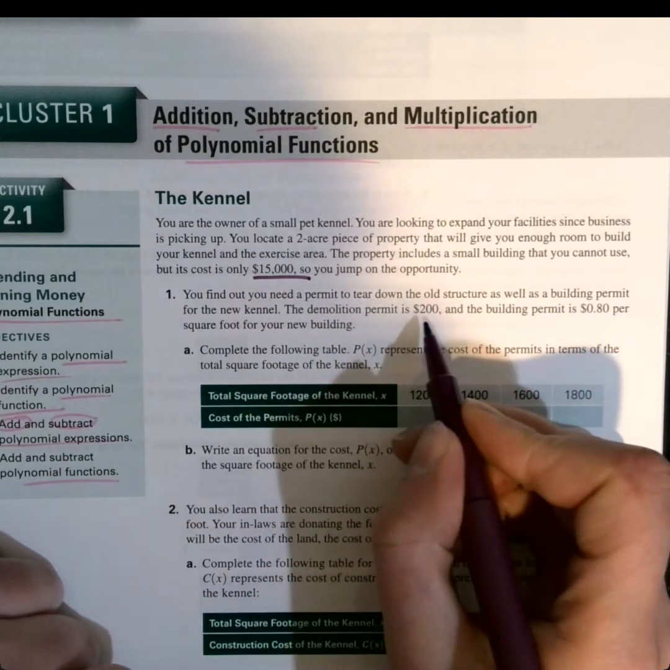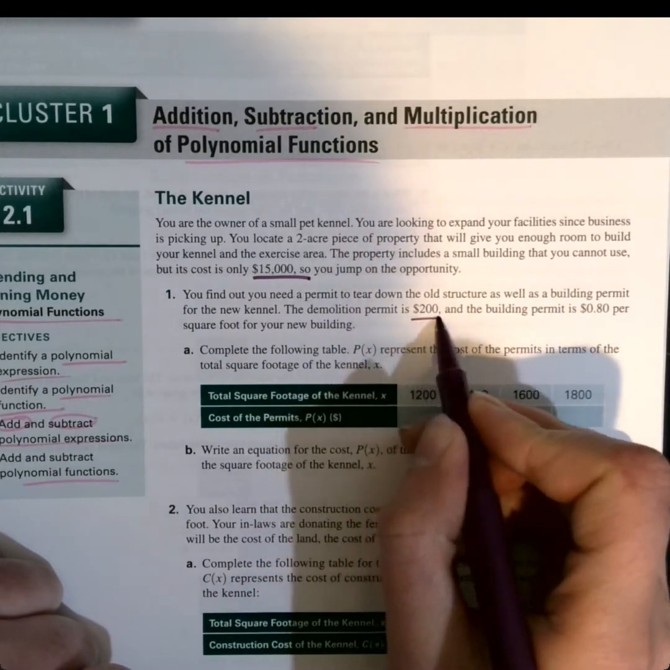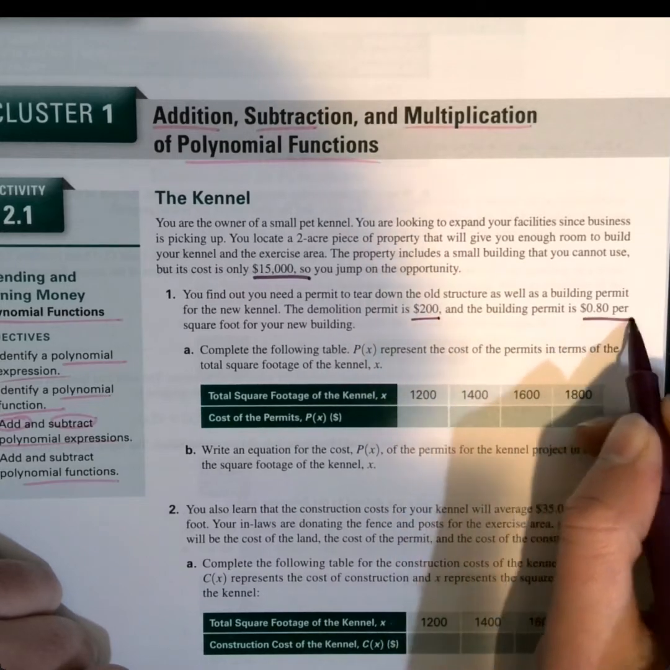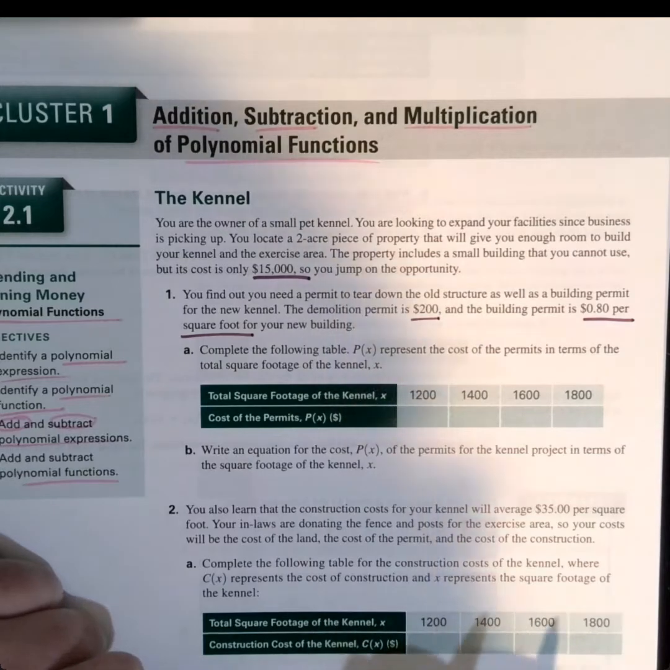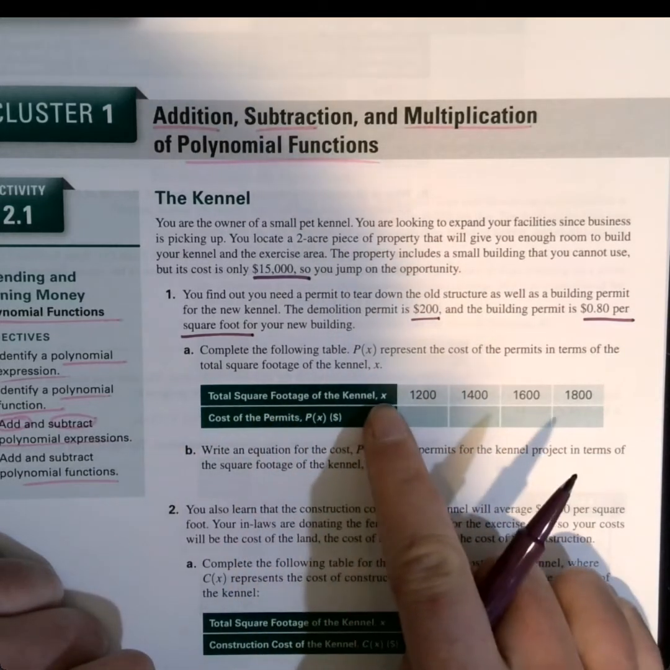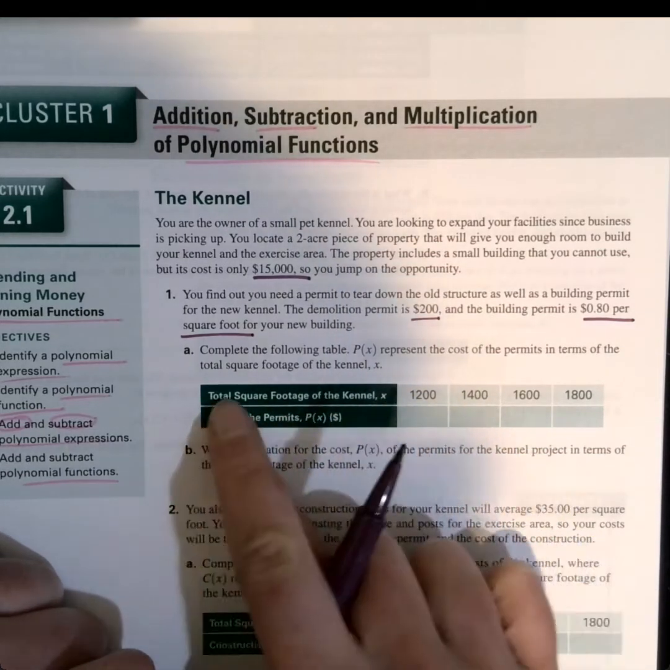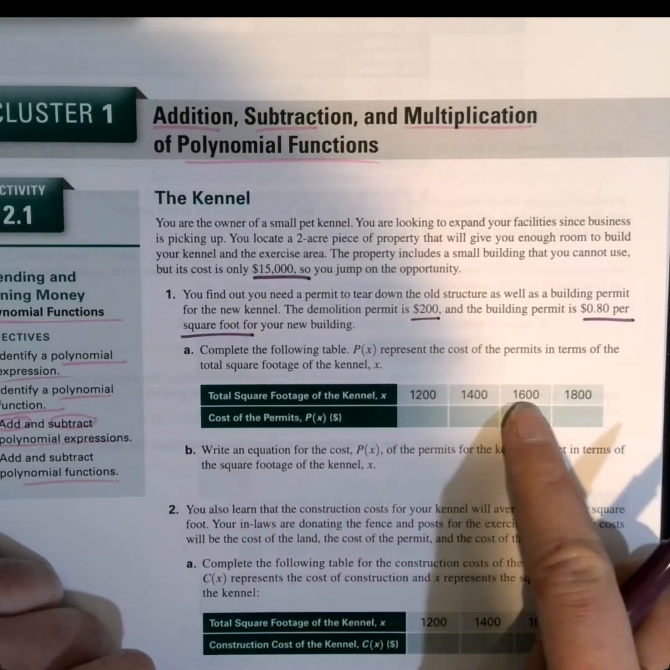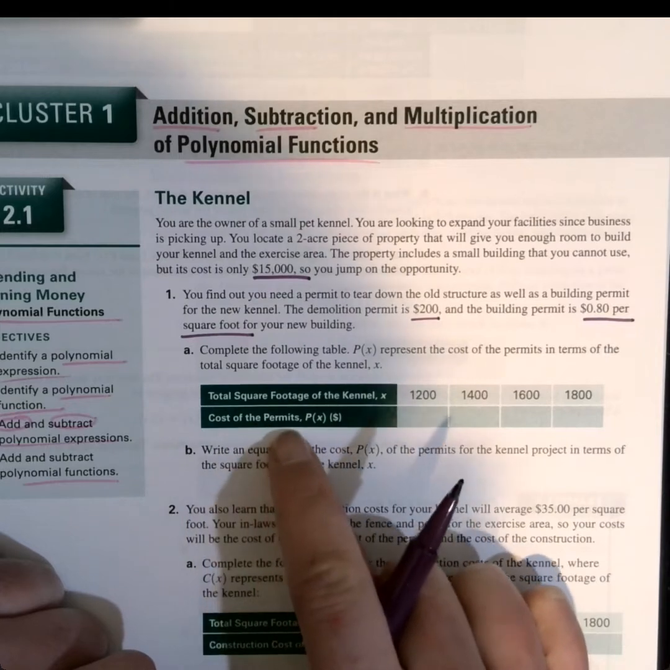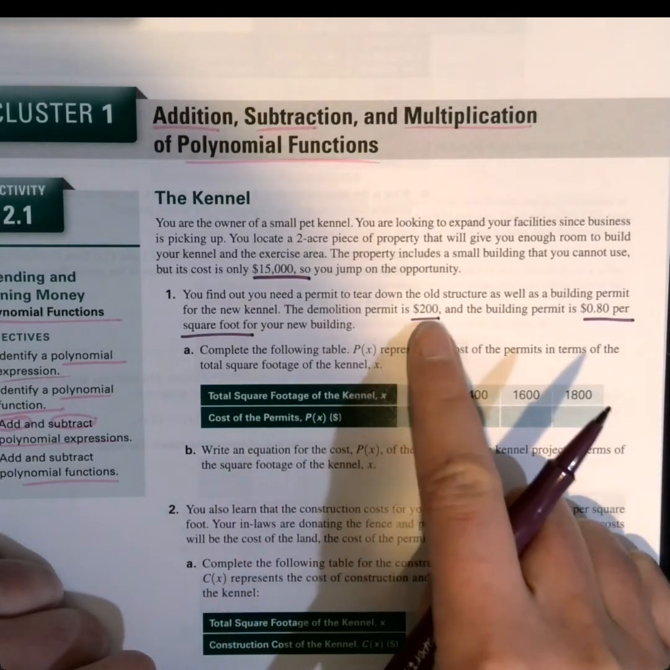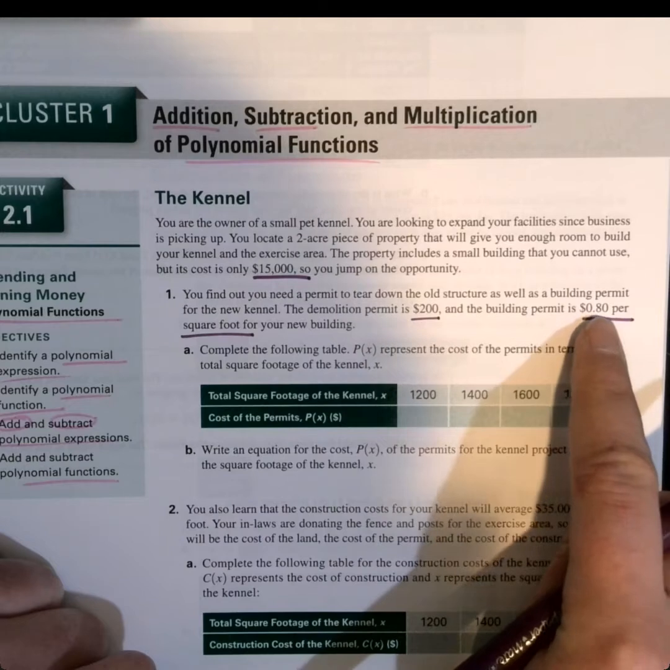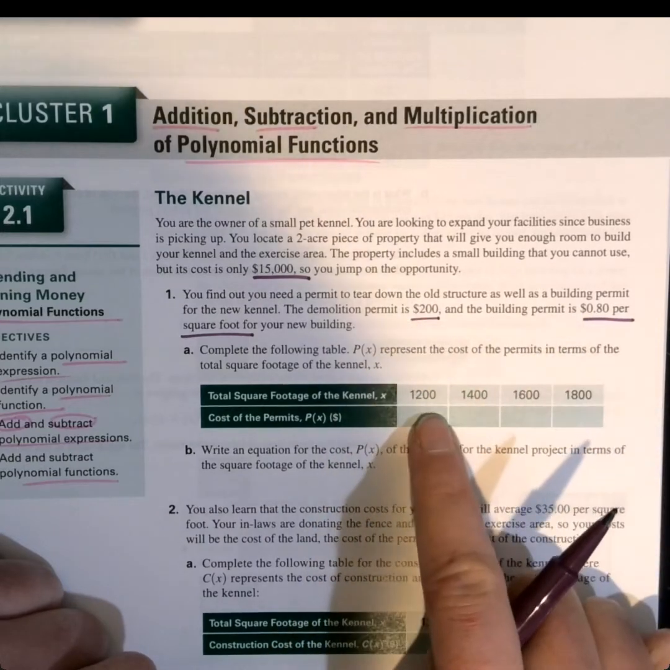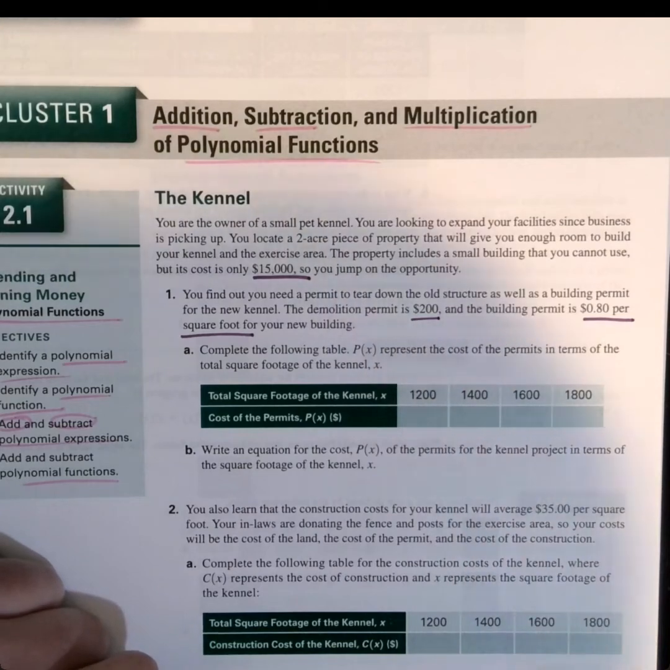The demolition permit is going to be $200, and the building permit is 80 cents per square foot for the new building. So if we let the square footage for the new building be 1,200 or 1,400 or 1,600, etc., we can calculate the cost of the permit. So we've got to pay the $200 plus 80 cents times each of these. So if you take 200 plus 80 cents times 1,200, that should give you